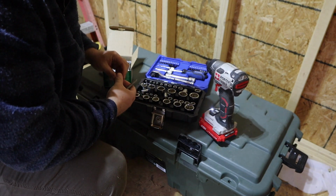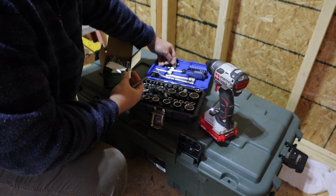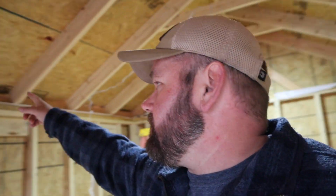Let's see. Okay, I lied to you guys. We're not going to put the lag bolts in today, or right now anyways, because I don't have the adapter I need for the bolt going into my drill. So what we're going to do, we'll go ahead and we'll start foaming all the corners and all the seams